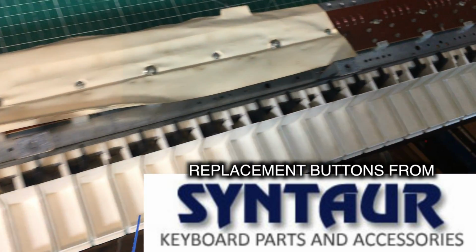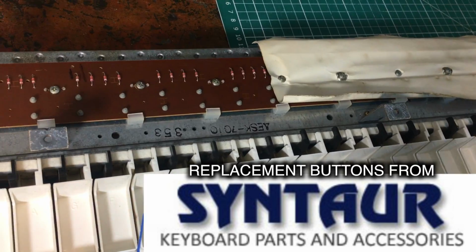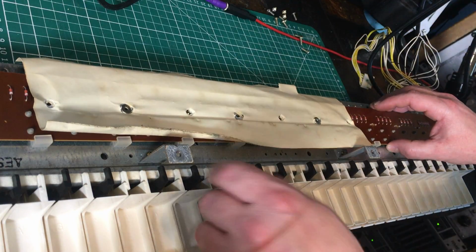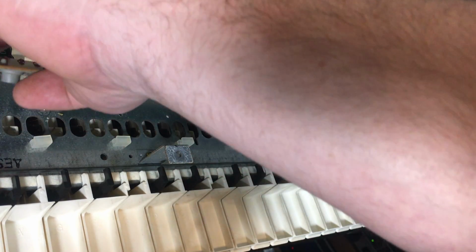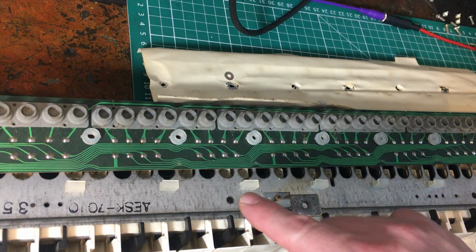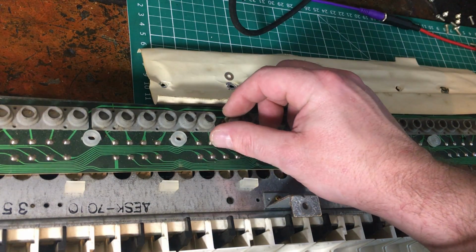Okay, so we have a really long printed circuit board here. Got to be very careful when you take that out because that could flex and snap if you're not careful. So I have to undo all the screws along there. So what we have here is some membranes. We have these little plastic clips which hold the circuit board in. Let's see what happens if we try and